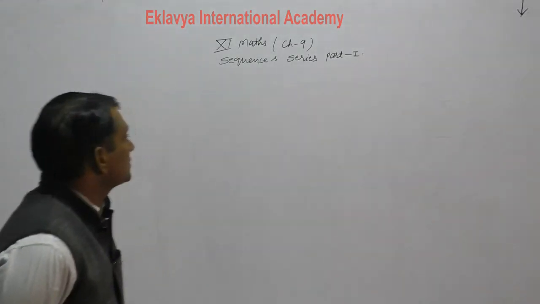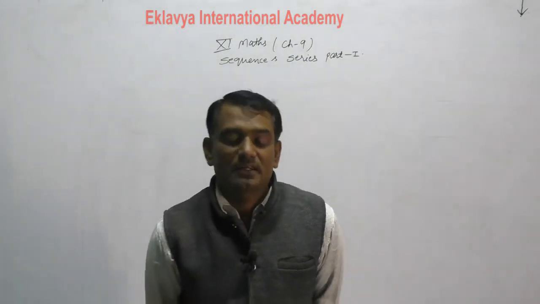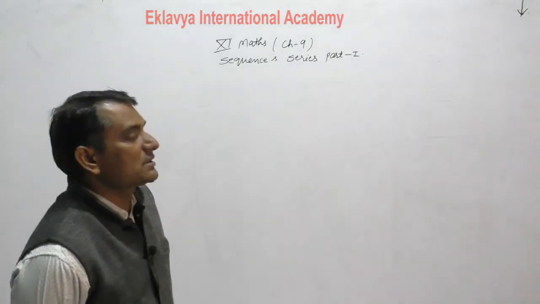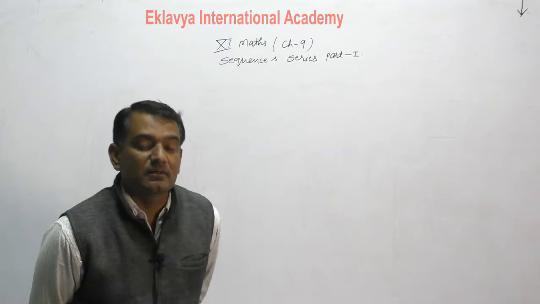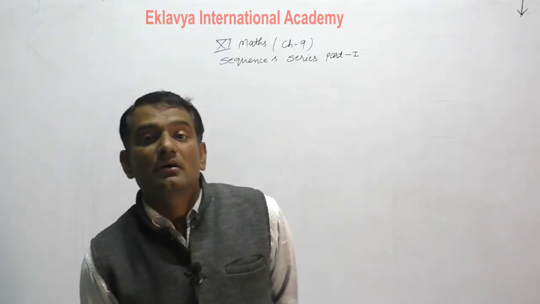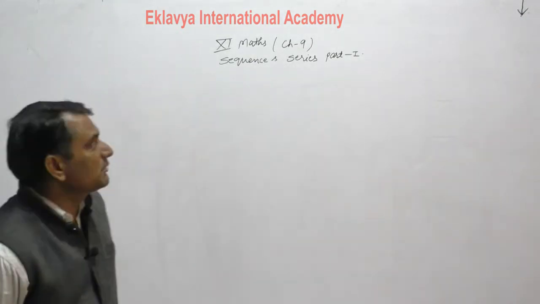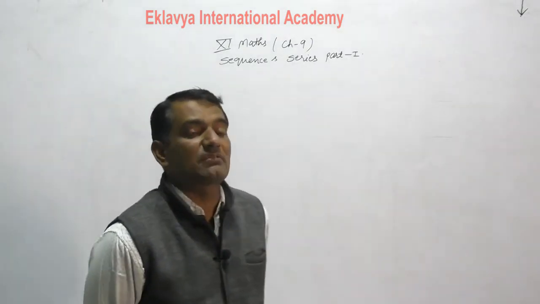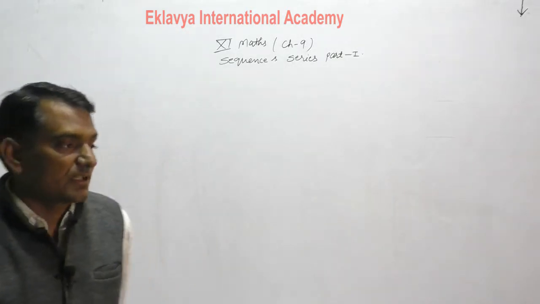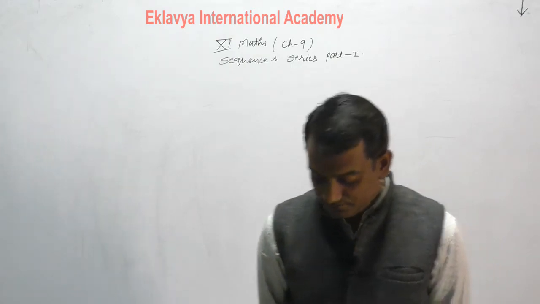So there are two words, one is sequence and one is series. What are the major differences? Sequence means the numbers have a particular pattern and they are separated by commas. Whenever these numbers are connected with an algebraic notation, whether plus or minus, then it is known as series. Clear? This is the first major difference between sequence and series.